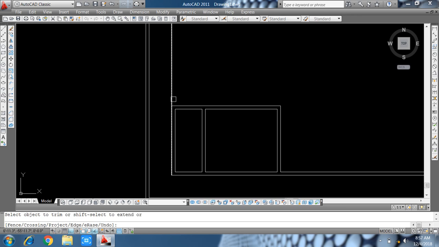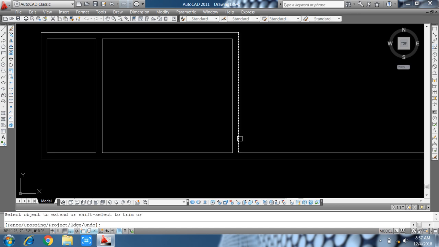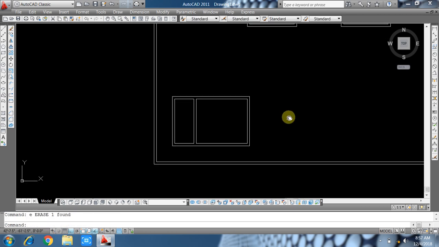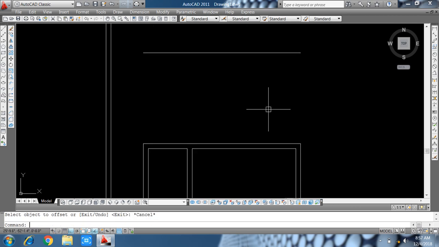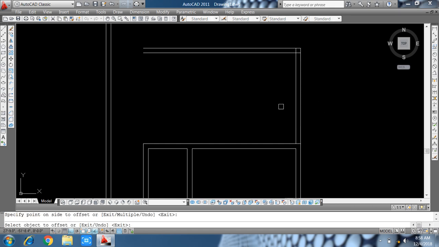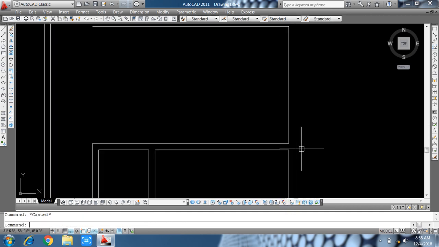Delete it. Now friends, we make another room, and there are also two rooms, offset 14 feet and offset 9 inch, same lines, offset 9 inch, trim, and offset 16 feet, offset 9 inch, offset 6 feet, offset 9 inch.